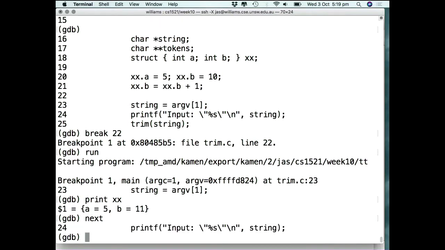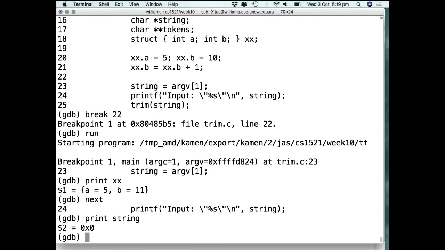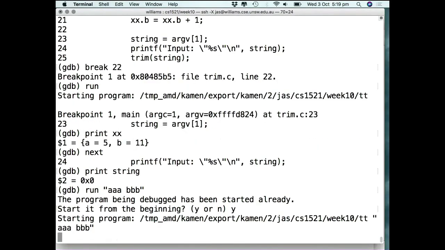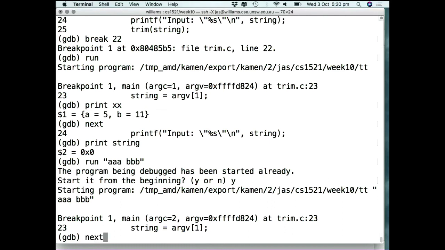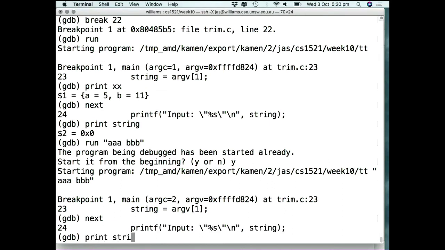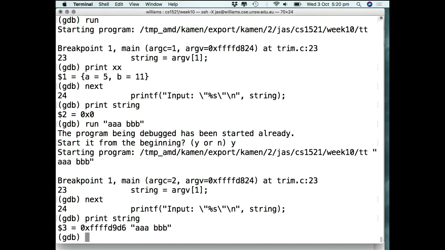Let's just execute. And so if I say print string, then it will print null. Why is it doing that? Why is argv1 equal to null? Correct, I didn't run it with any arguments, so let's start from the beginning, yes. Right, stop there, next. Right, so now it's referring to the string, and if I want, I can do things like